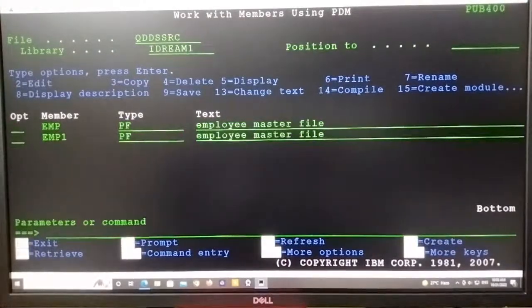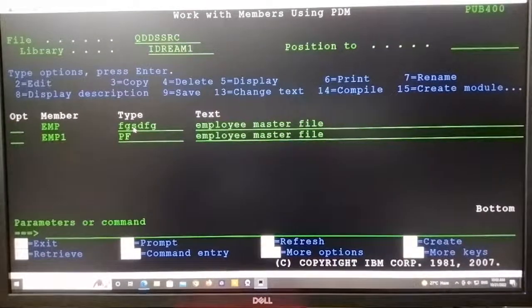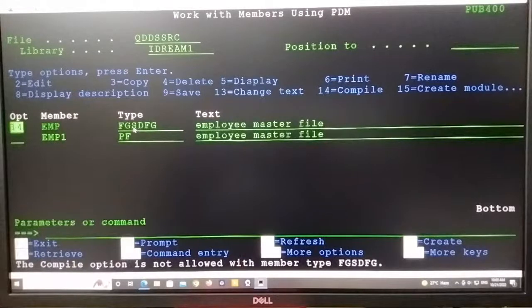In this Work with Members PDM environment, if you see the type and text is in editable mode, it means we can type something here, so it will get changed. Unfortunately or by mistake, something happened on this type. Then if you try to compile this physical file, we know EMP is a physical file, but if you want to compile this now, let's see, the compile option is not allowed with the member type